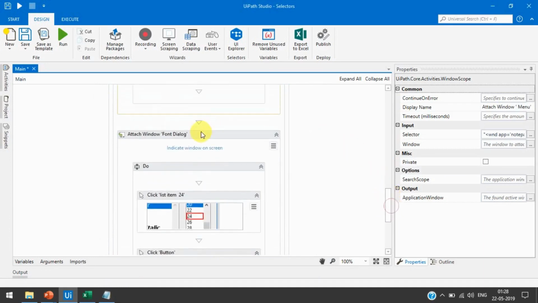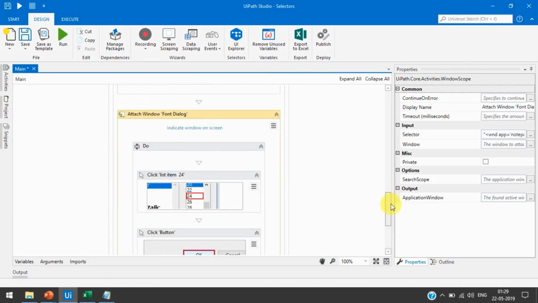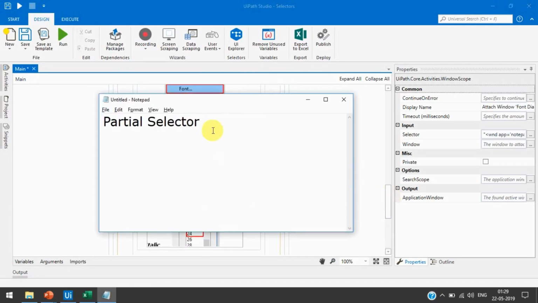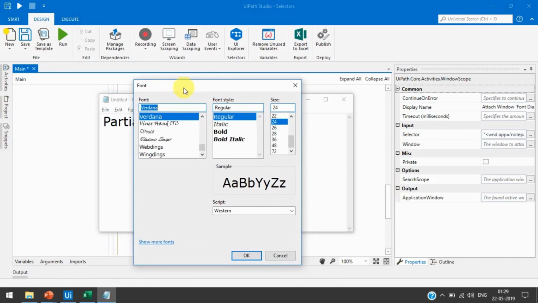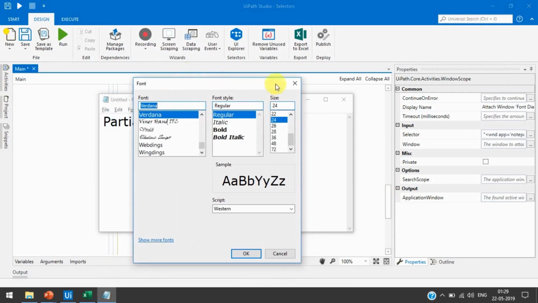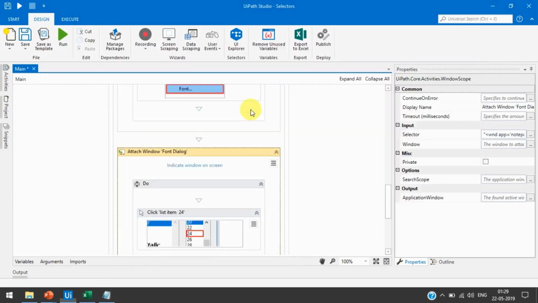And then we again clicked on font, so this is another container, right? Because we clicked here, the first container is this one, and then this is another, different dialog box. So this is for a different window, so that's why there are different containers. The desktop recording always adds containers for each window.